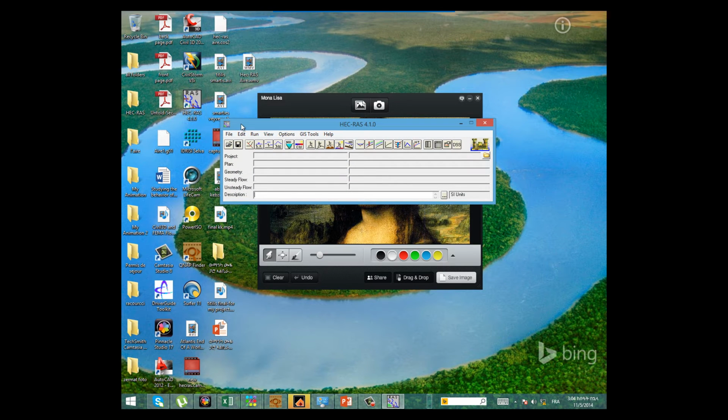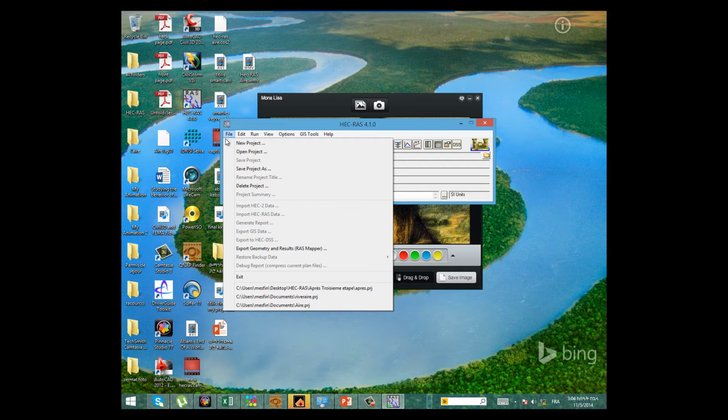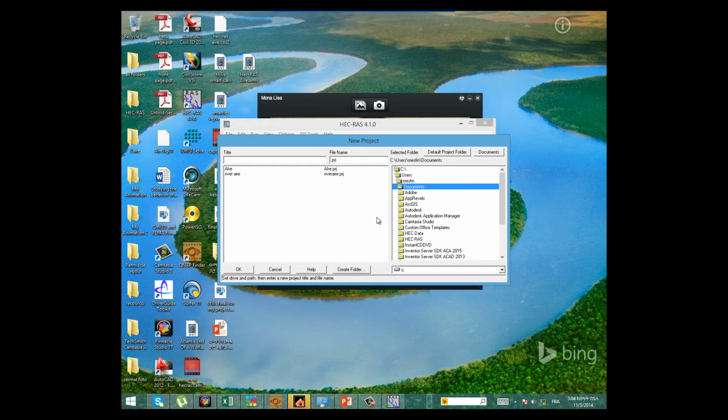Okay, this is a bit different from the previous one because the file format is different. That's not in Excel, it is in the HEC-RAS model itself. So let us first set the unit system. It is okay, international. Then open a new project. Let's call that new project